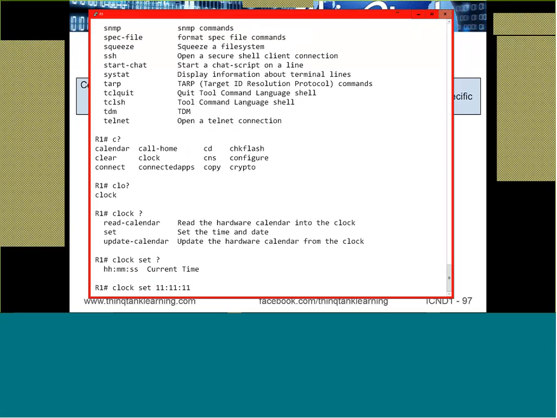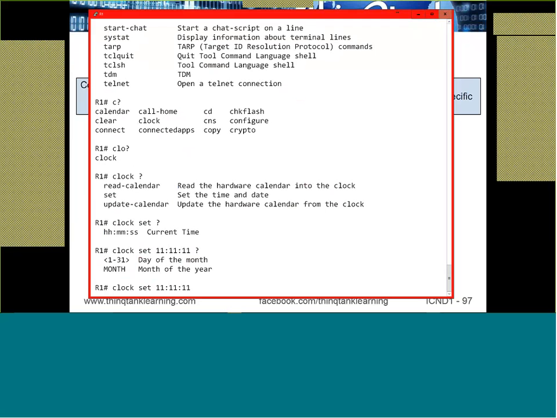Now what? Well, let's see. Oh, I have two choices now. Now, when you see more than one choice, you can choose either one. They don't have to be done in order. I can set the day of the month using a number, or I can set the month of the year